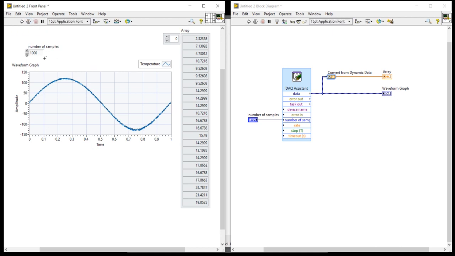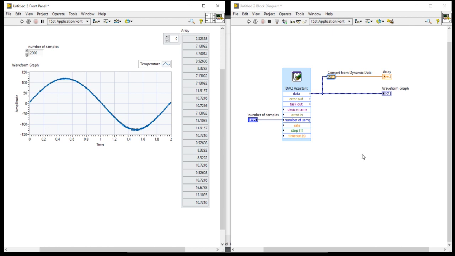Why? Because the sampling rate is 1 kilohertz. What will happen if I write 2000? It will generate 2000 samples, but for 2000 samples it will take 2 seconds, because our sampling rate is 1 kilohertz.